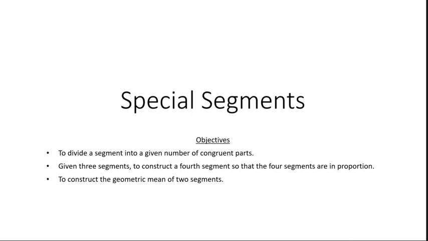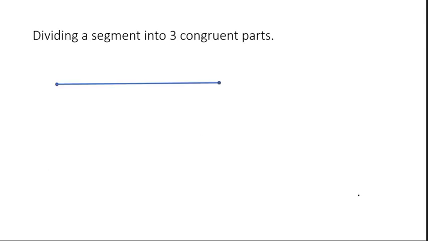So beginning with the first construction, we are going to take a segment, and in this case we want to divide the segment into three congruent parts. This process can be used to divide a segment into any number of congruent parts. If you're given a segment, you want to create a ray like this from one point. Then you take your compass,